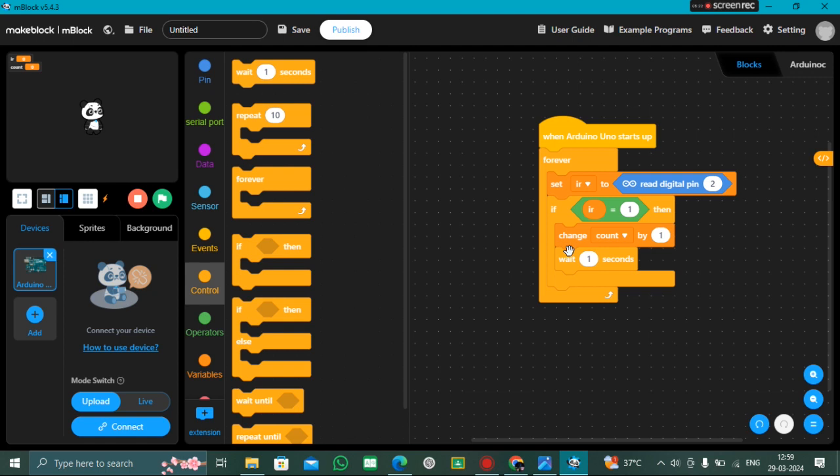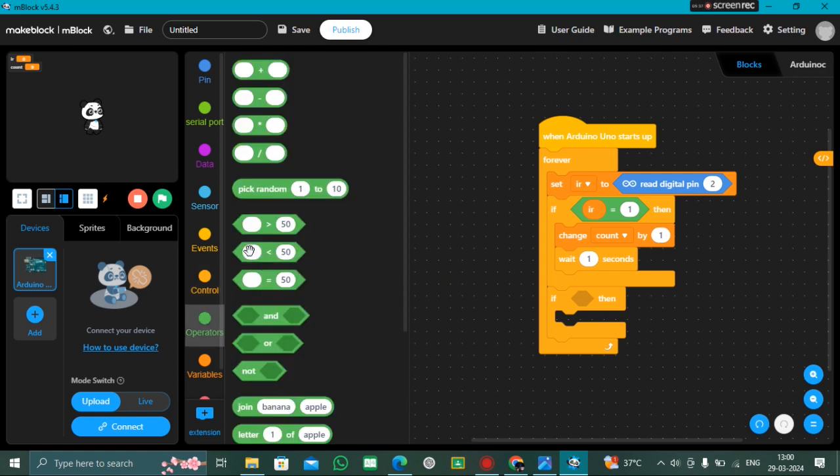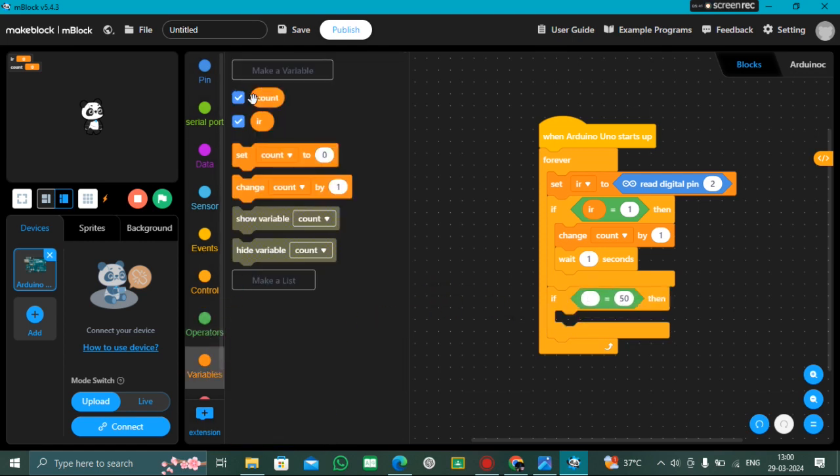Do not continuously show 1. You should show 1 for 1 second like this. Then once more choose an if block. Go here. If the variable count is equal to 1, go to variable, choose count, and if the count is equal to 0,